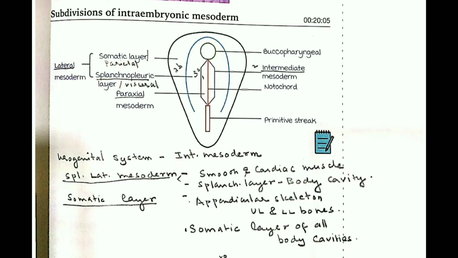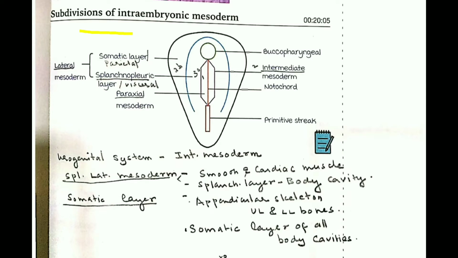So I said there was endoderm formation first, then there was mesoderm formation, which was intra-embryonic mesoderm, then there was ectoderm formation. There are some subdivisions in the intra-embryonic mesoderm and I'll talk about that. So first of all, this is the buccopharyngeal membrane, the procordal plate, and the primitive streak on the tail end, and in the midline the mesoderm, which is the notochord, as I have just mentioned. So now we'll look into the mesoderm formation. So this intra-embryonic mesoderm,